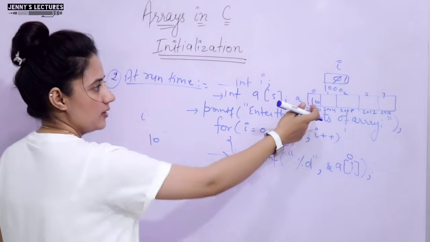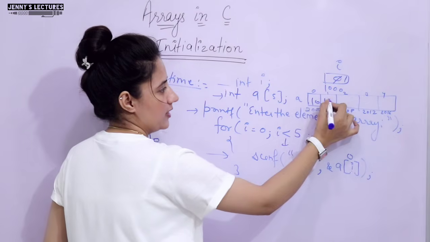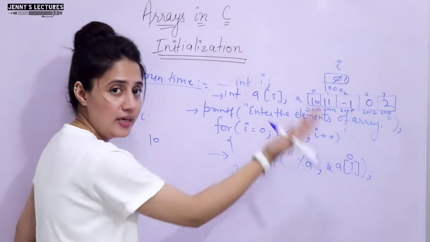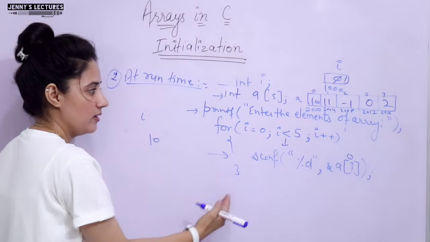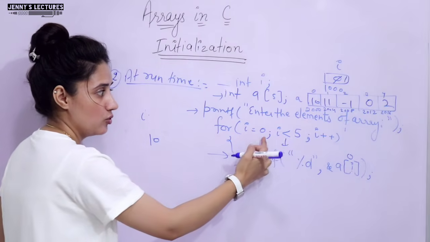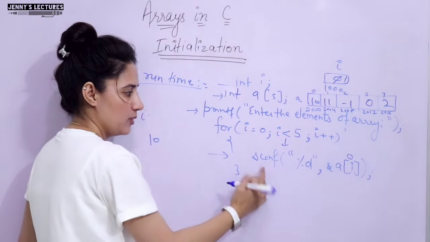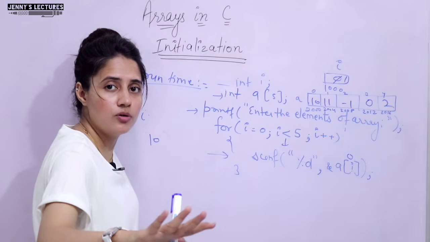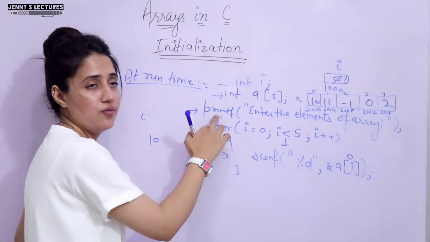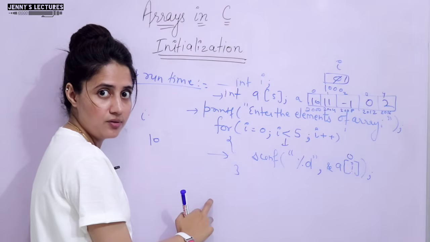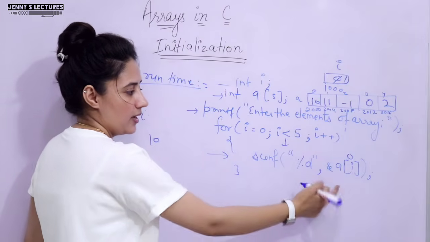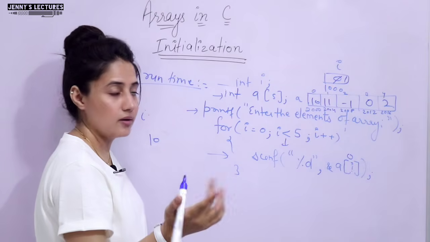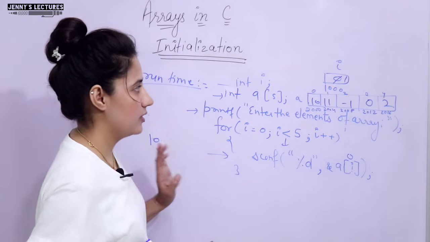And if you want to print, suppose I have initialized 10, 11, -1, 0, 2. If you want to print the data of the array, simply take a for loop with i from 0 to 5, i++, and in that for loop, rather than scanf, to print the output which function do we take? The printf function, right? %d and simply a[i] you can write here, right? I will show you the practical of this thing also.